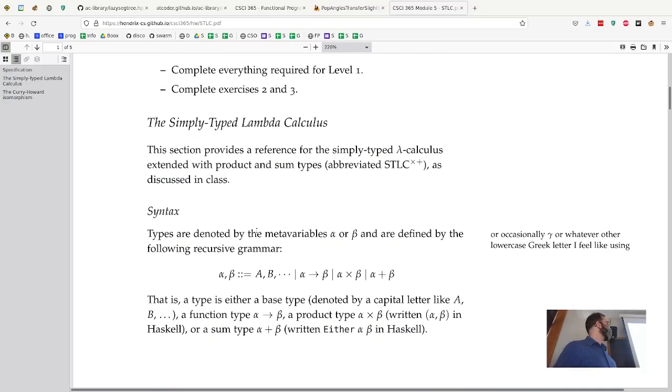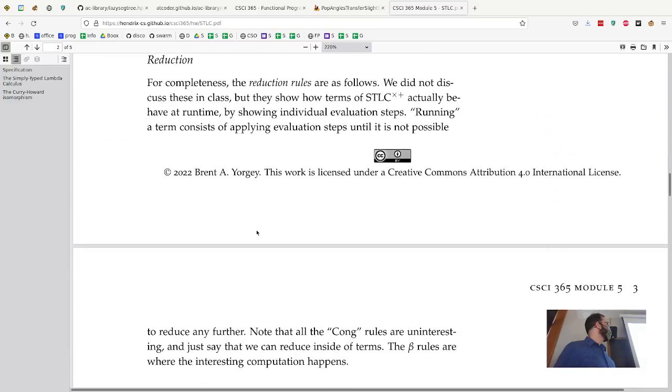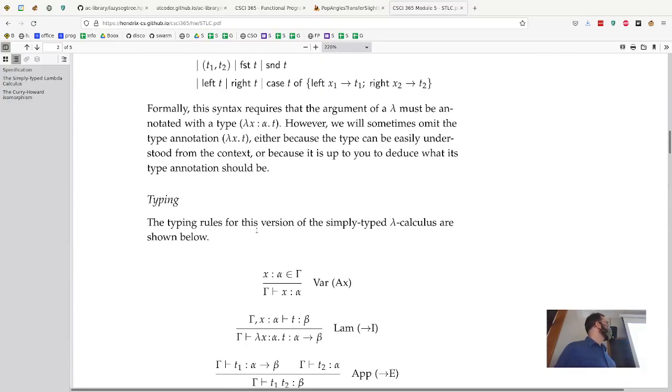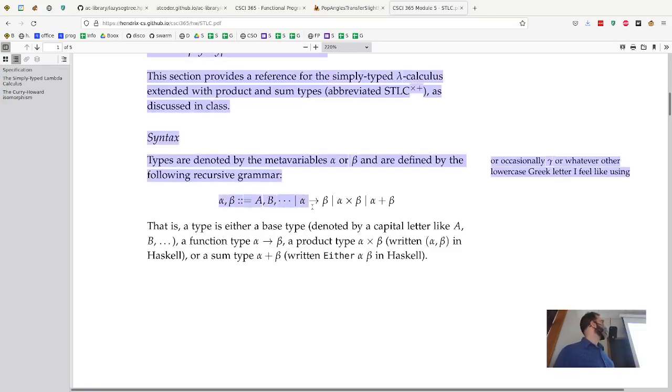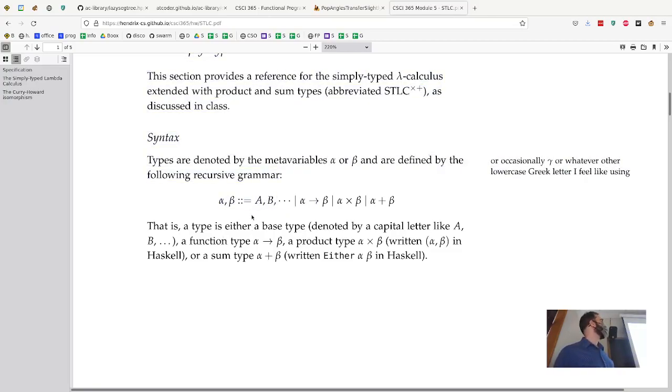So the first thing I want to say is, this is a lot, and don't let that intimidate you. Let me just talk through what is even here. A lot of it we've seen before, and a lot of it should be familiar to you just from doing Haskell. It's just maybe in a different notation. So this is just saying here's what our types look like, and we've already talked about this in class, when we talked about